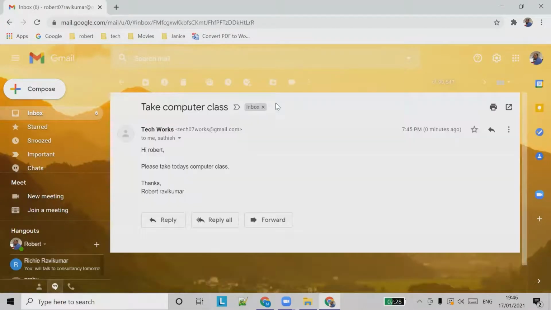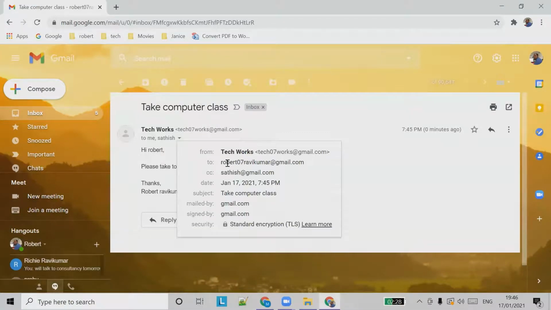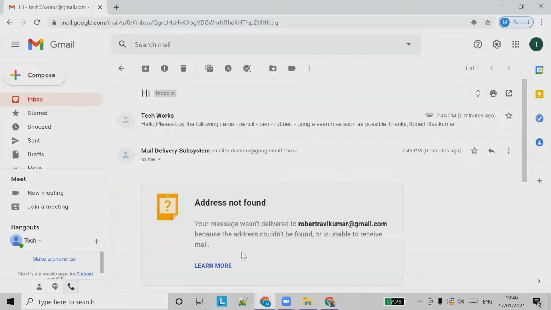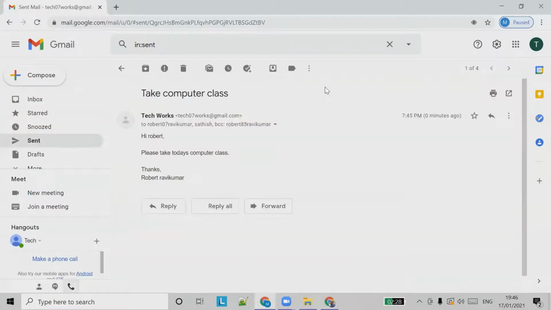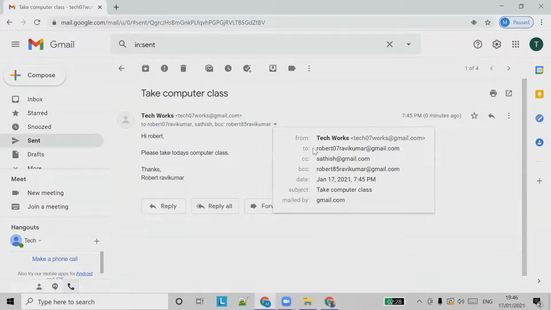Okay, take computer class. So now you can see in this email that we have received, we can see the two emails here. We can see the CC email, but we didn't see the BCC, right? So BCC emails won't appear in the sent email. We have sent it to Robert Ravikman@gmail.com. If you see in the sent items list, we have BCC'd the person Robert85 Ravikman@gmail.com,